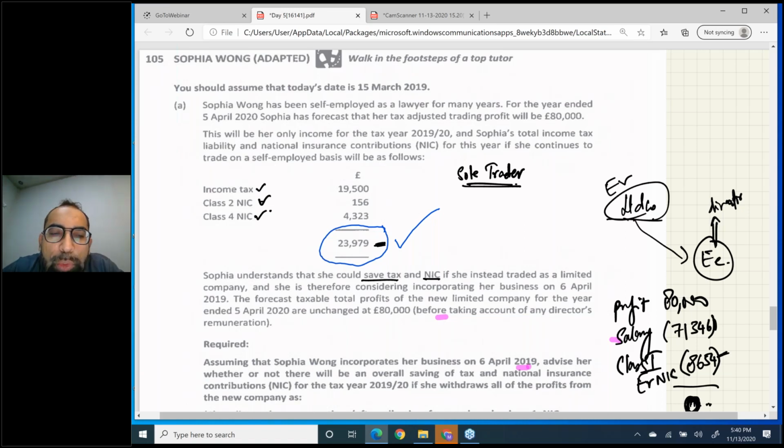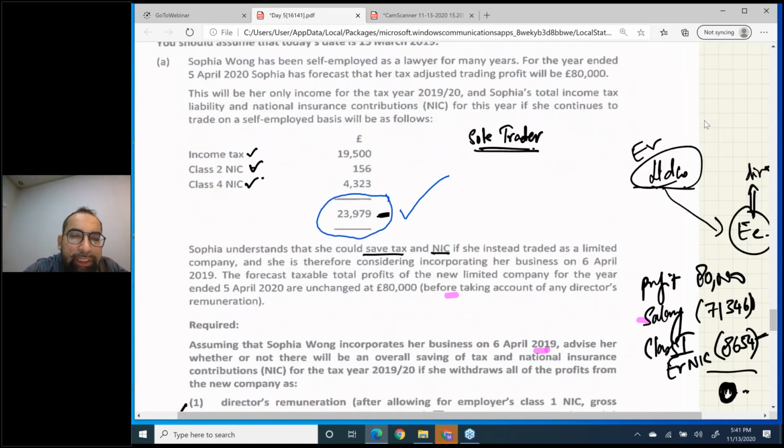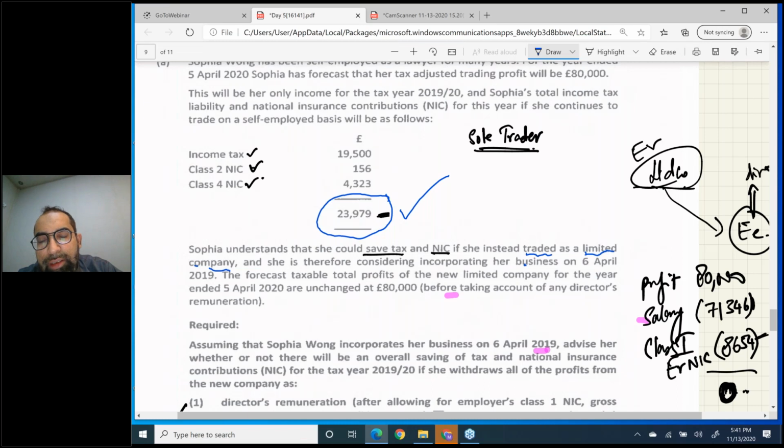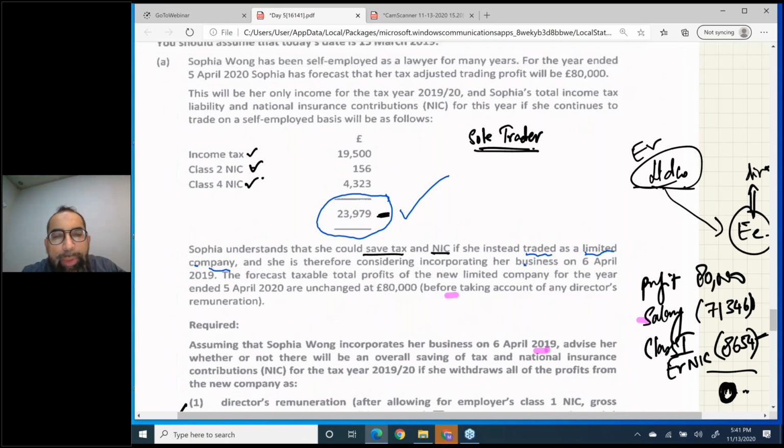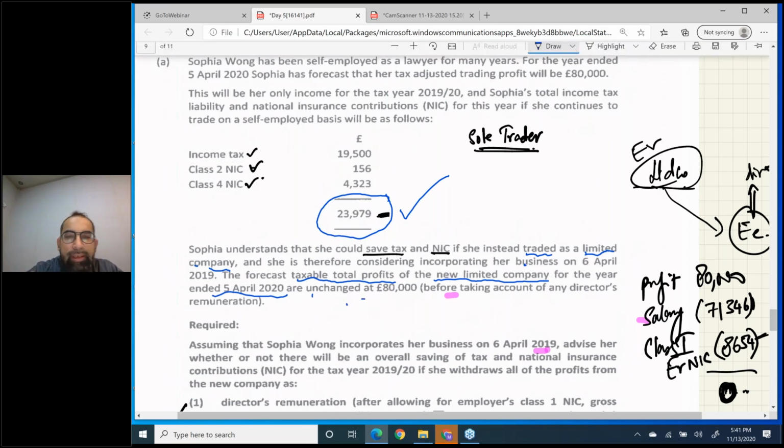Now she wants to do some planning, she wants to save some tax, so she hired you as a tax practitioner, as a tax advisor. Sophia understands that she could save tax and NIC if she instead traded as a limited company, and she is therefore considering incorporating her business. Incorporating her business means starting to work as a limited company. On 6th April 2019, the forecast taxable total profits of the new limited company for the year ended 5th April 2020 are unchanged at 80,000,